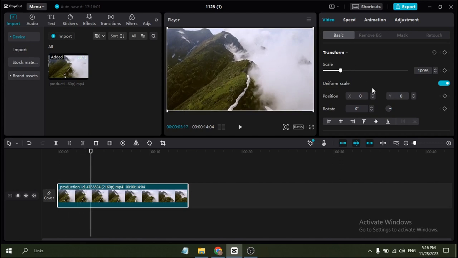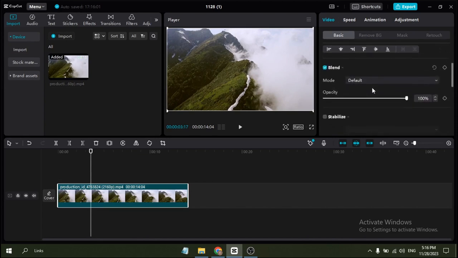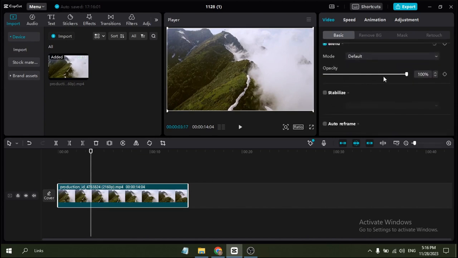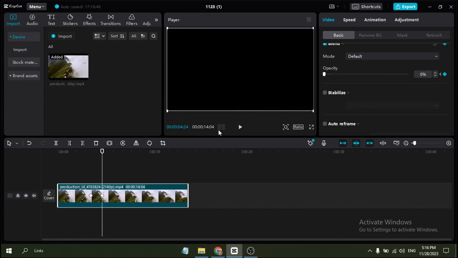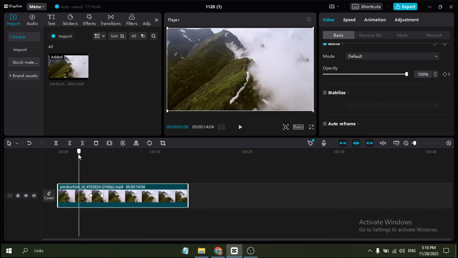So we're going to go to the video, and if we scroll down, you'll find the option called opacity here. For example, let's say I want a fading effect in here. You just have to choose the first frame here. And as you can see, there's a keyframe option. If I drag the timestamp here, and I want this much of the effect, again I'm going to choose the keyframe here, the timestamp. And I'm going to lower the opacity here. And now if I go back and play the video again,